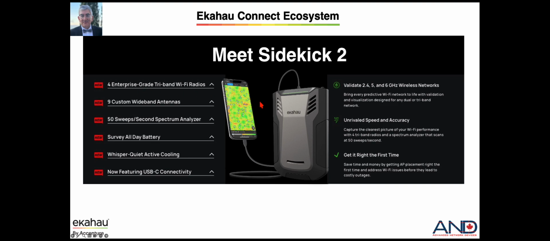So what constitutes this Sidekick 2 is 4 enterprise-grade wireless radios. There are 9 custom wideband omnidirectional antennas built into Sidekick, so orientation of the device for us is irrelevant. It has a built-in spectrum analyzer that does 50 sweeps per second of the 3 bands, and this is needed as there might be non-Wi-Fi devices that affect and reside on the Wi-Fi band, which have to be detected, localized,